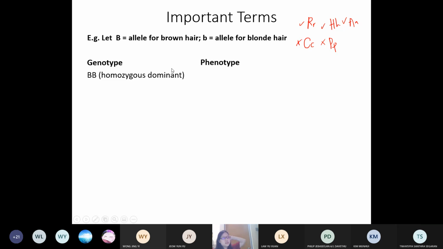So homozygous dominant phenotype would be brown hair. Okay, if the person has big B, small b, the person is heterozygous for this gene, and this person would have